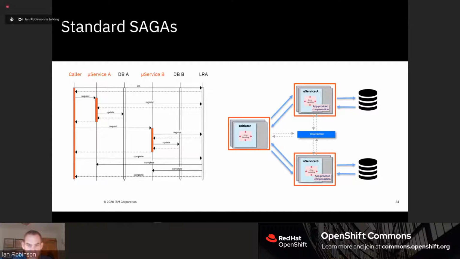So this picture here, and we're almost finished. If you've got questions to come, I'm going to stop talking in about 3 minutes. If you look at the opportunities for failure in a simple REST connected scenario, if you have a caller over on the left-hand side of this sequence diagram that calls microservice A, waits for a response, then calls microservice B, gets the response back. This is the simplest possible saga that you could imagine.